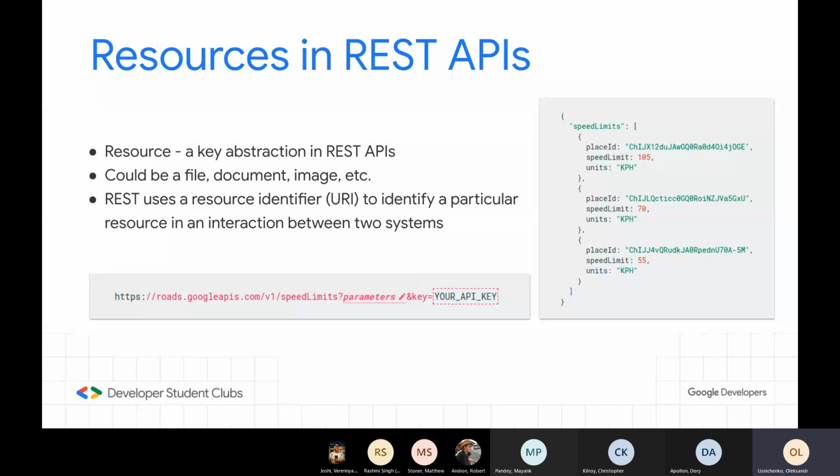So what are the resources in REST APIs? Resource is a key abstraction in REST APIs, and a resource could be anything from a file, a document, an image, a video. It could be just a simple response of what you need. So for example, in the speed limits API that I mentioned before, you see that the response in this case is